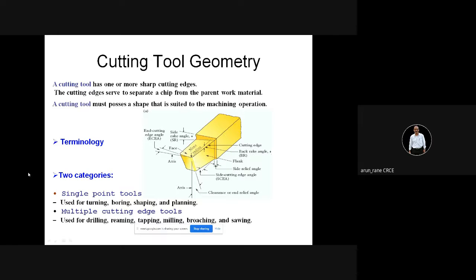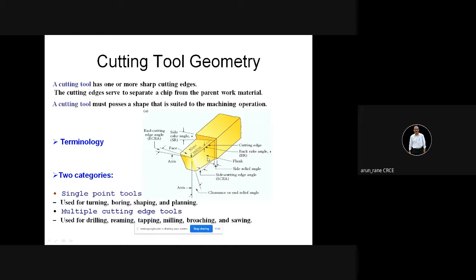So this is the important cutting tool geometry from the examination point of view for 5 marks. You don't have to learn the purpose of each and every angle. There are totally 6 angles. Again, I am telling you, no need to learn the use of each. You only have to learn this diagram. Either you draw this 3D diagram, or you draw the 3 views: top view, side view, and front view.